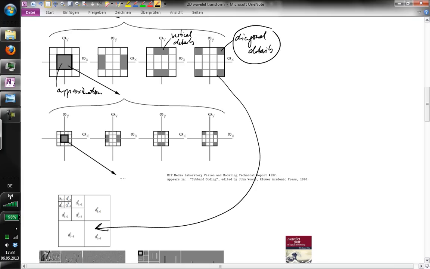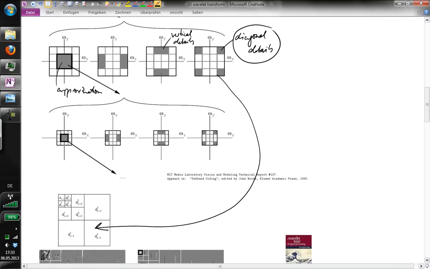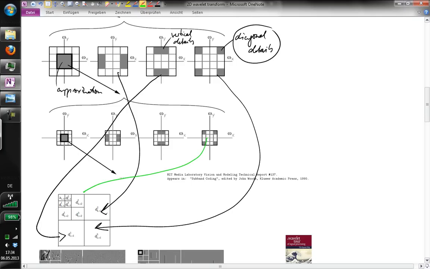We also have an image encoding vertical details, which happens to be shown there. We have an image encoding the horizontal details, which happens to be shown here. And then it goes on. So the next level diagonal is here, the next level vertical is there, the next level horizontal is there,